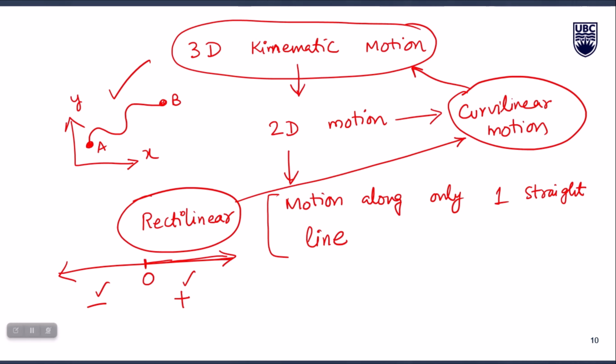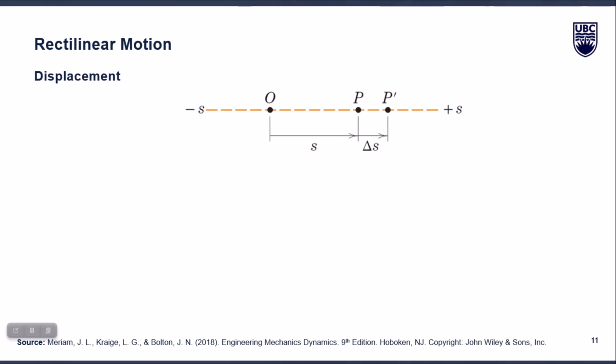So let's start now with the first concept in rectilinear motion, and that is displacement. Since the motion can only occur in one axis, let's represent that with minus s plus s with this orange dotted line. It is the only axis along which the motion can occur, right? So at any time instant from origin O, the position of a particular point P can be described by this distance,